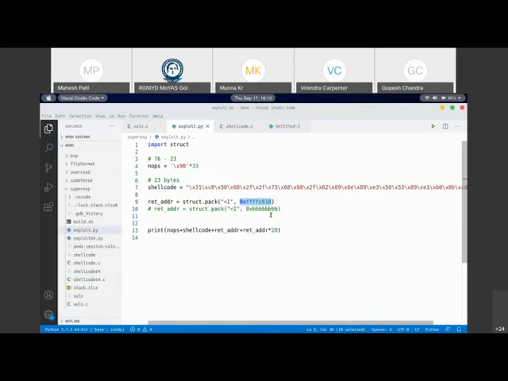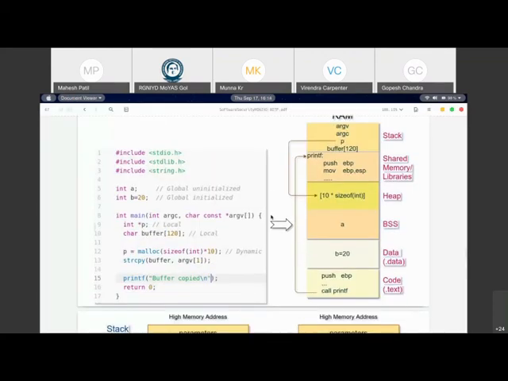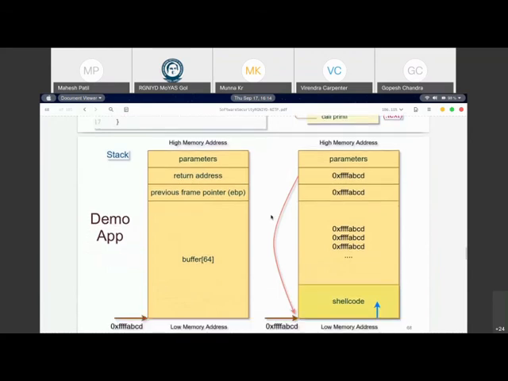If this address is fixed for every program, it is easy for the attacker to know where the stack is located. But if the OS randomly loads the program at different locations in the memory, it becomes difficult for the attacker to find out where it is loaded. That is exactly what ASLR does.